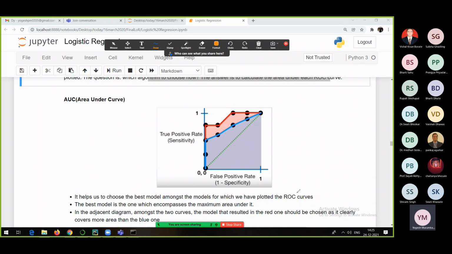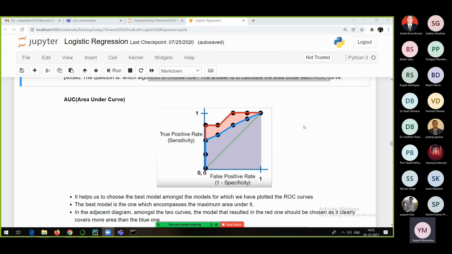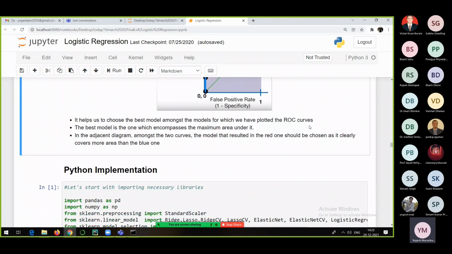Okay, everyone? And in real time, do you need to plot this? No, not at all. You can directly come up with something called roc_auc_score. You find this out, and for whichever algorithm this ROC AUC score is maximum, that algorithm's model will be our final model. This is how we use ROC AUC score to find the best model. As I told you, I will show you in one of the projects how to use this to get the best model.